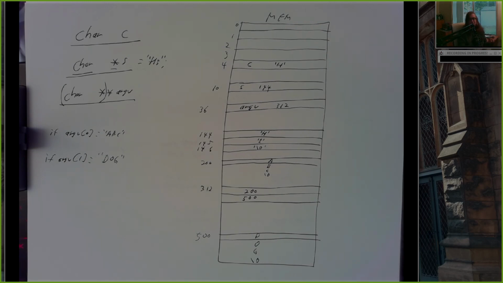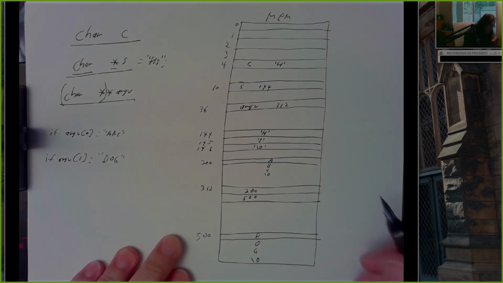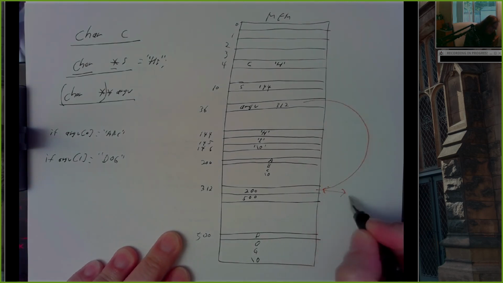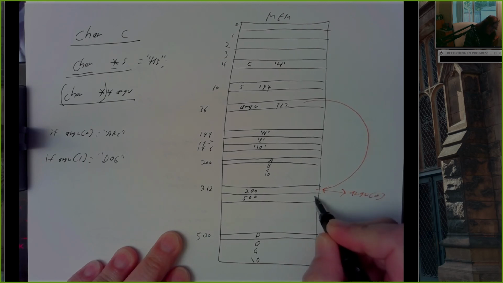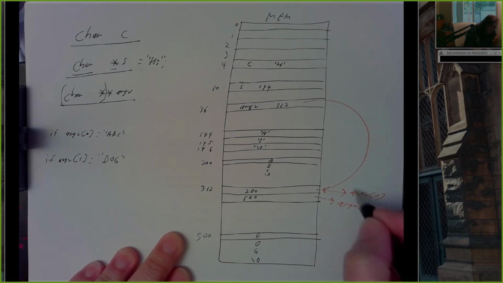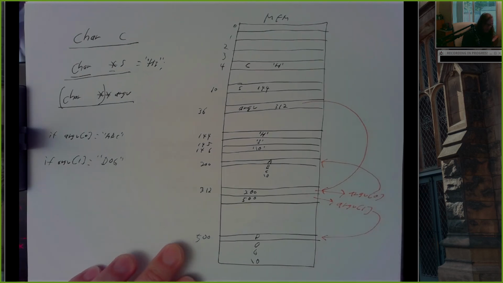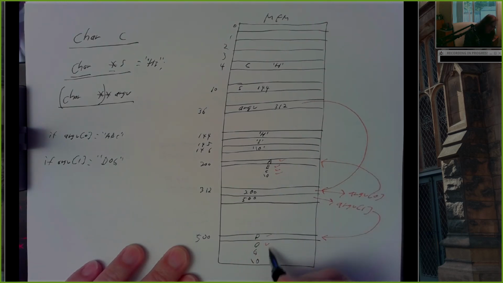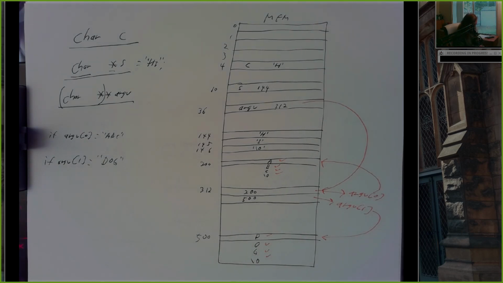So we can start to build this memory map, right? And it's a big spaghetti ball. It's pretty hard to work with as a human. The computer has no problem working with this, right? But basically argv points down here. This first thing points to argv bracket 0. This second thing points to argv bracket 1. So argv bracket 0 is right here, argv bracket 1 happens to be here for whatever reason. And at those locations I find a succession of bytes corresponding to the characters in each of those strings.